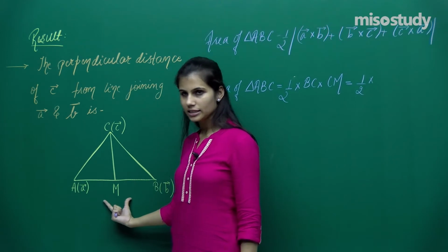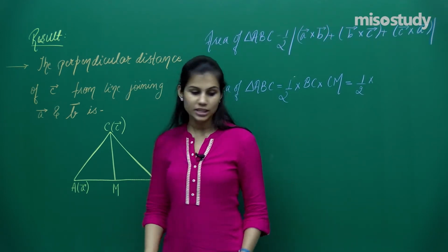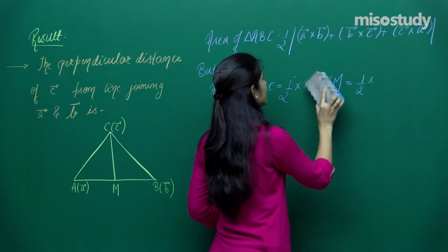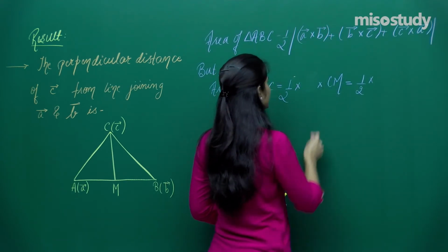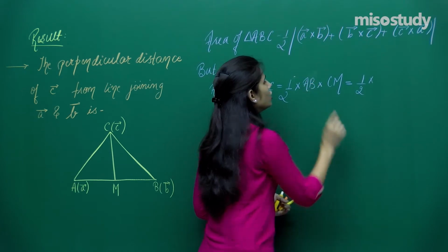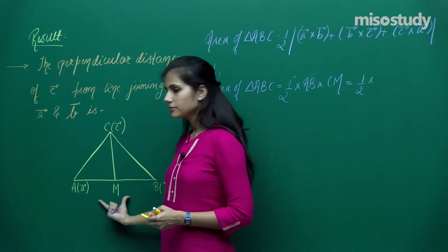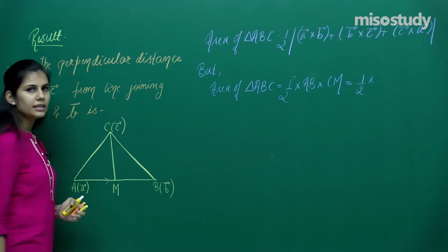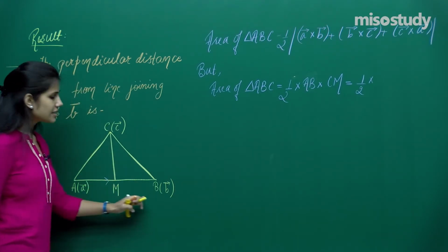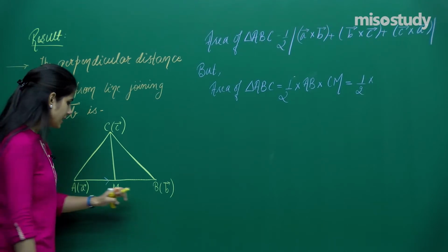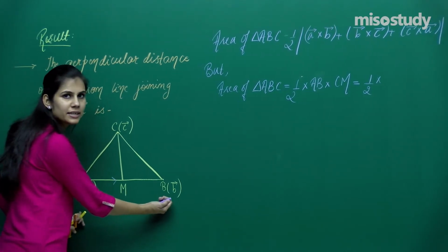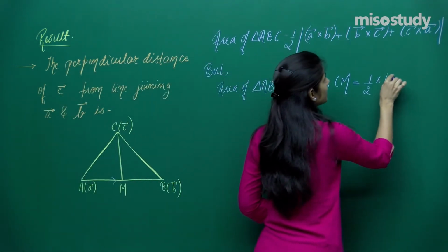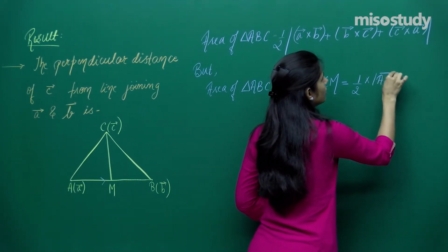Or over here it is actually AB, not BC. This side is AB, which is standing to be the base of this triangle. So what is this side AB? If I consider this as vector AB, in that case, length of the line segment AB is the magnitude of vector AB. So instead of AB, I can write magnitude of vector AB